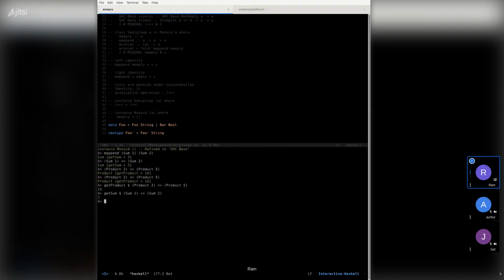So don't worry about those other questions about not being able to grab those things. They are available through field accessors. Again, for folks who are just joining us and are not used to the dollar sign, remember the dollar sign is nothing more than removing a set of parentheses. In this case, it's removing the set of parentheses wrapping essentially Sum 1 plus Sum 2. So this is the same thing.